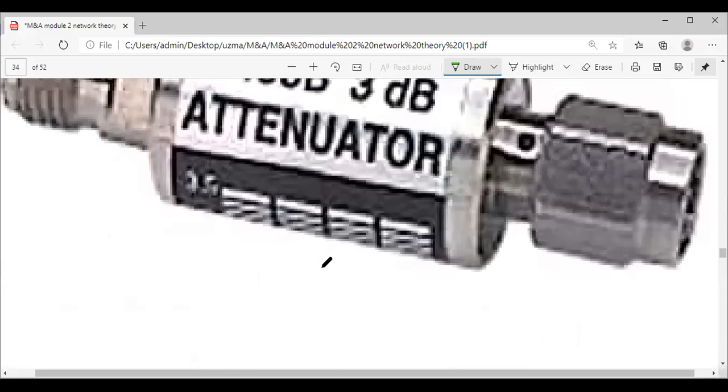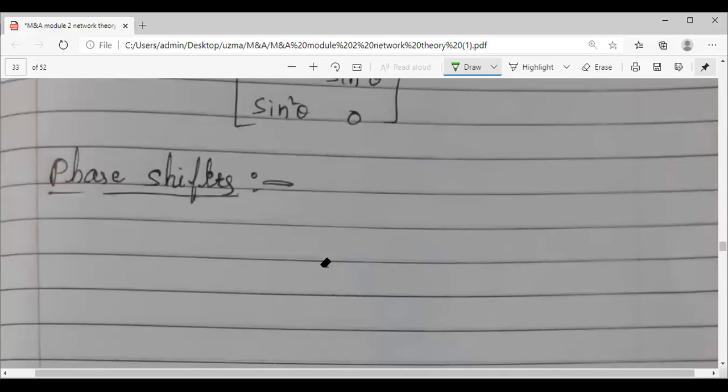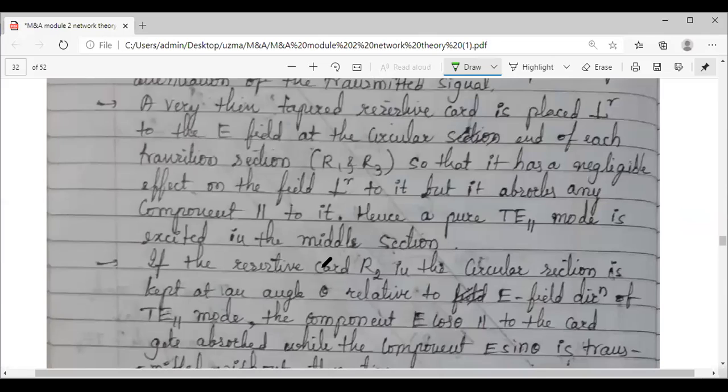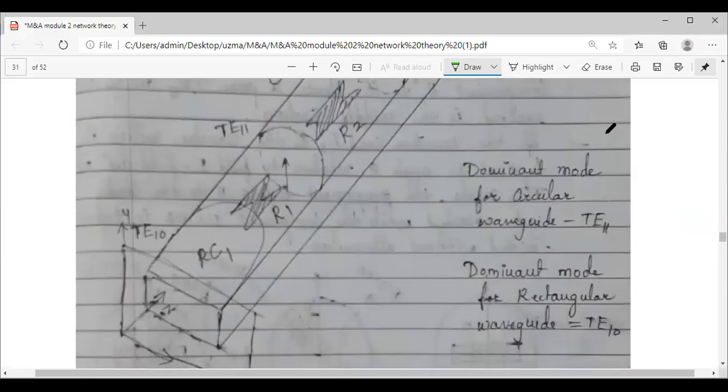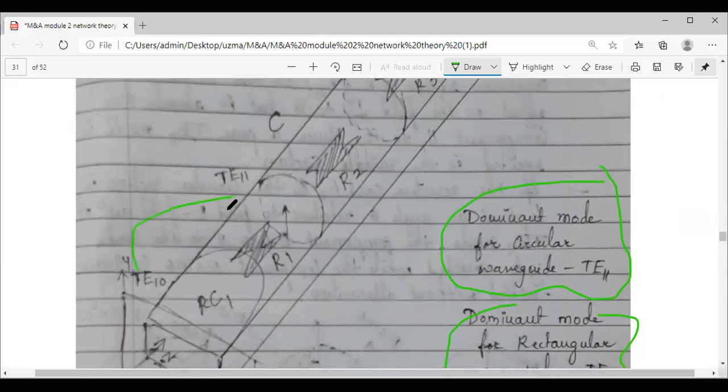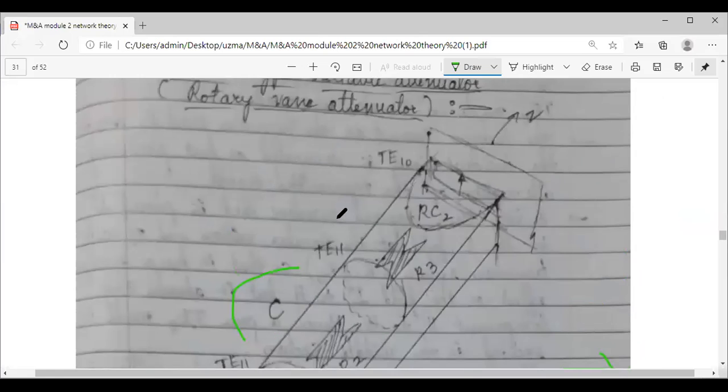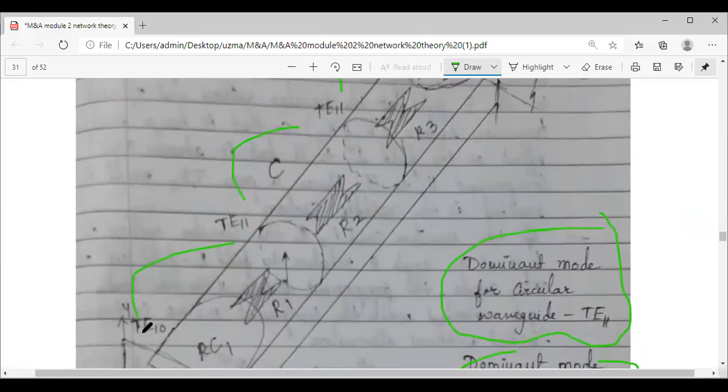Let me just quickly show you the slide so that you'll remember. I have written here, the dominant mode for circular waveguide is TE11. Dominant mode for rectangular waveguide is TE10. So just like this, we have the conversions of the different modes whenever we pass from this transition section